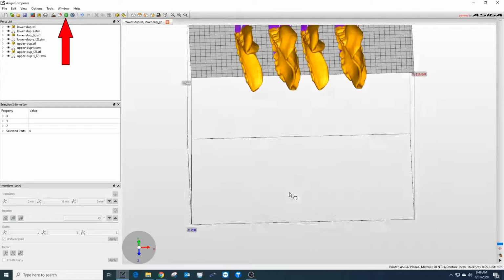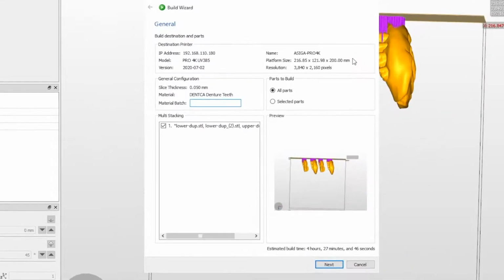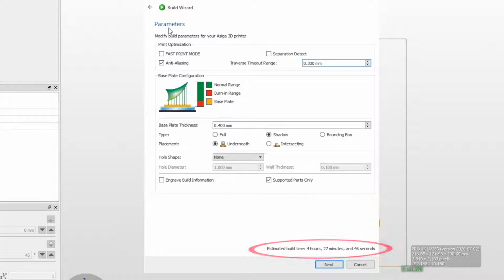Next, click the Build icon in the menu bar. The Build Wizard window will open. The first window is an outline of the print job parameters and the material being used, along with a place to add a batch number if needed. Click Next. The next page shows the build time for this print to be 4 hours, 27 minutes and 46